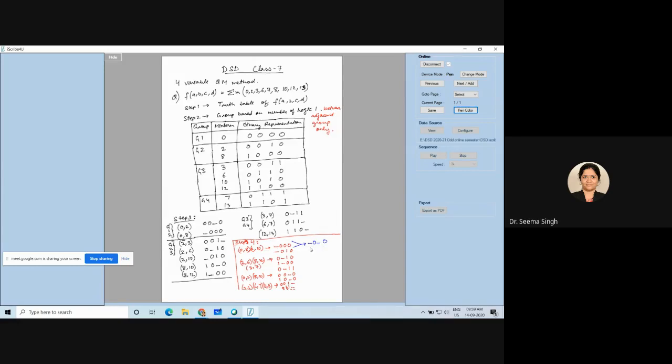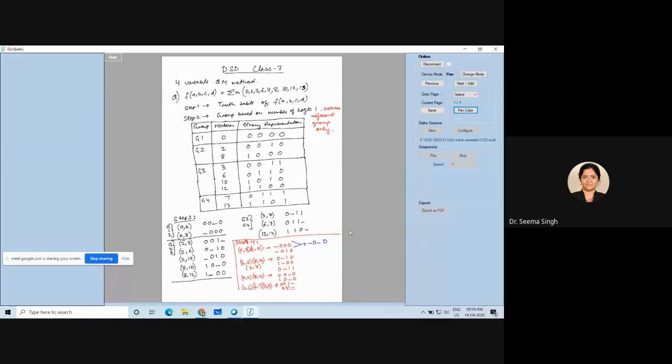So I'm just giving you an example that if I put both as 0, 0, it will form a 0. If I put both as 1, 1, it will form a 10, right? If I make first one as 1, second one as 0, it will make 1 triple 0, that will form a 8. And if I make the first one as 0 and second one as 1, it will become 0, 0, 1, 0, and it will form a 2. So you can see that dash 0 dash 0 forms 0, 8, 2, 10, right? I hope you understand this.